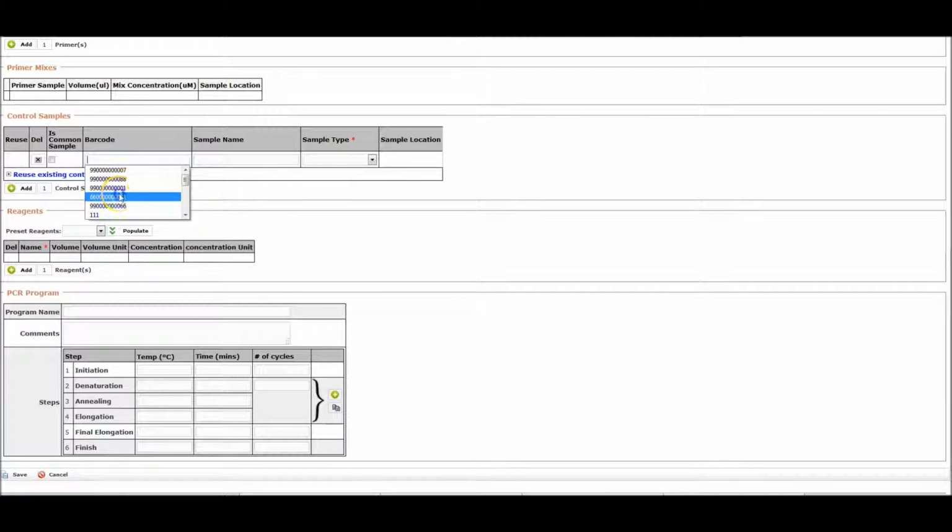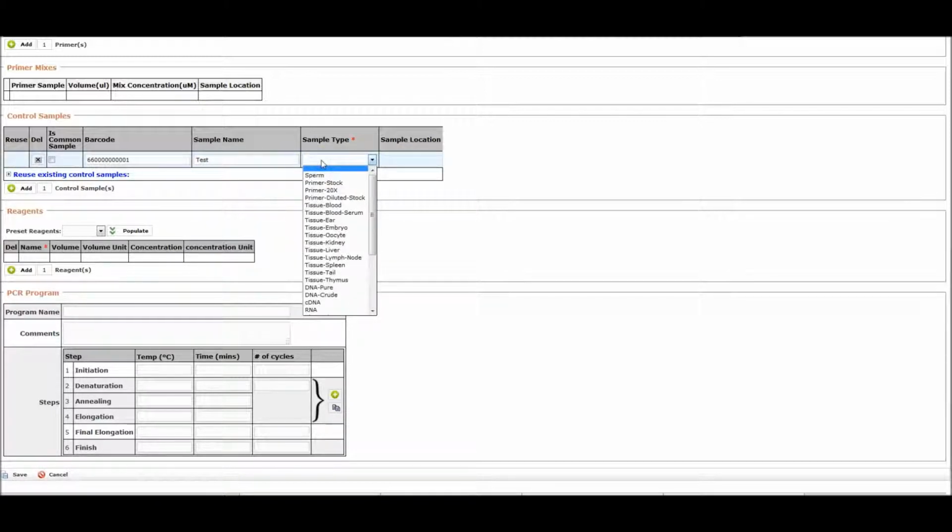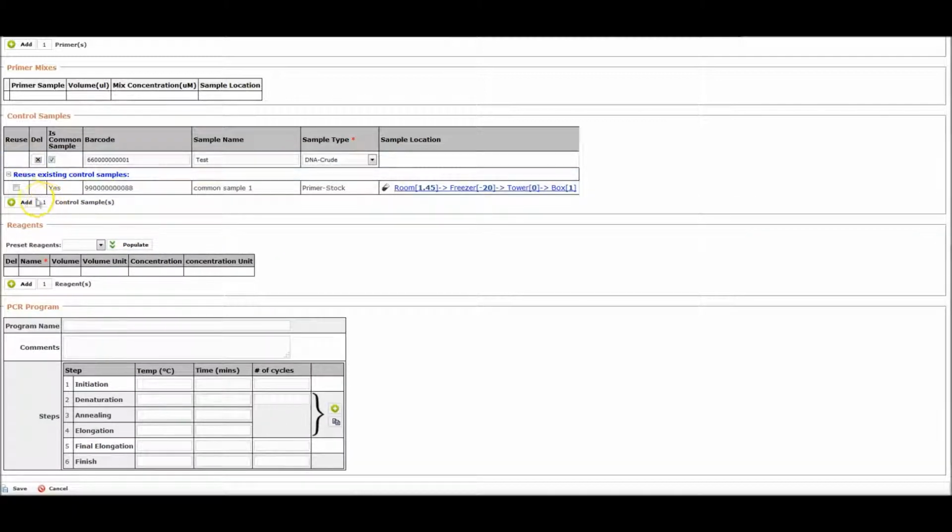Next, let's add some control samples. Some control samples can be shared across different assays. If that's the case, then we can tick the checkbox is common sample. Rather than creating a new control sample, you can also use some existing ones by expanding the list and ticking